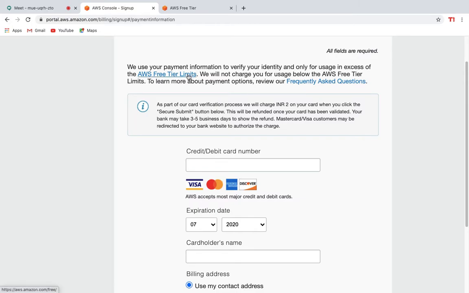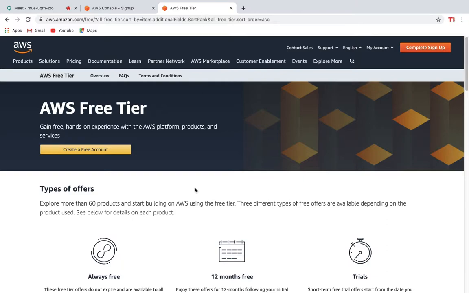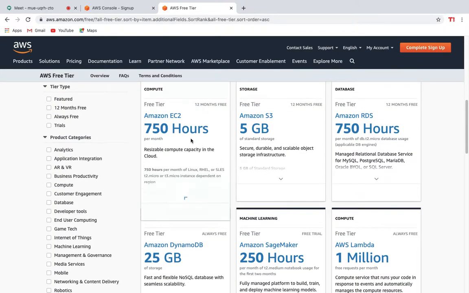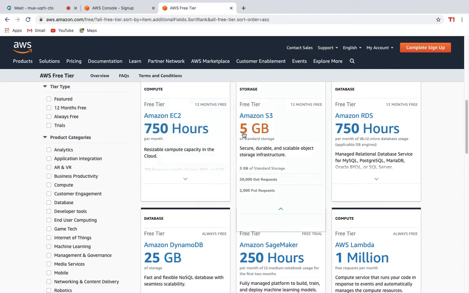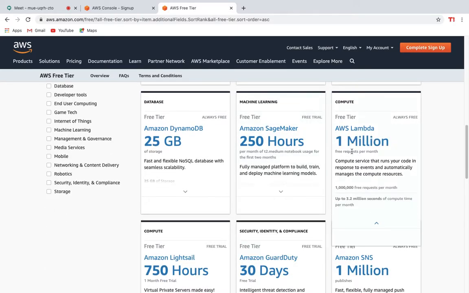That is, it has been given here on what service you are getting how much trial per month. If you exceed 750 hours in a month, you will be charged. If you exceed 5 GB, you will be charged. If you get 1 million plus requests per month, you will be charged. These are free now.